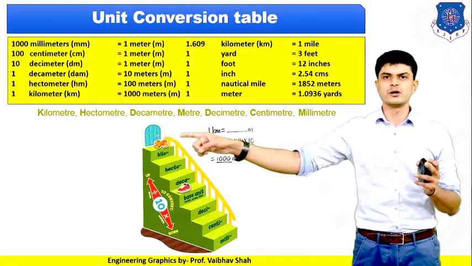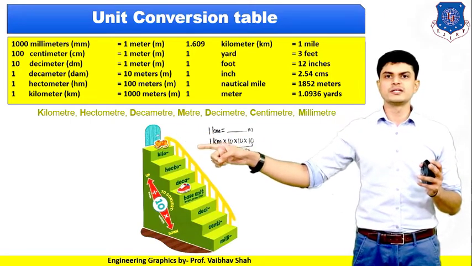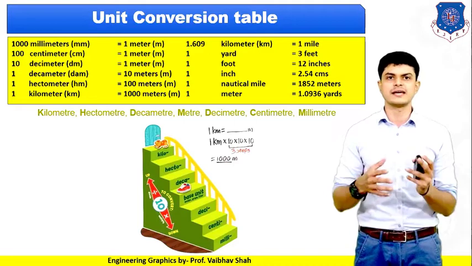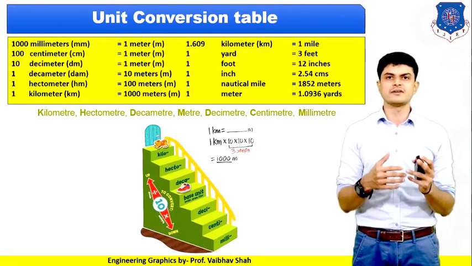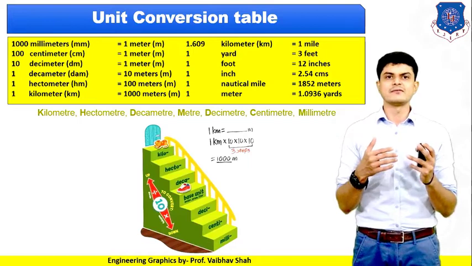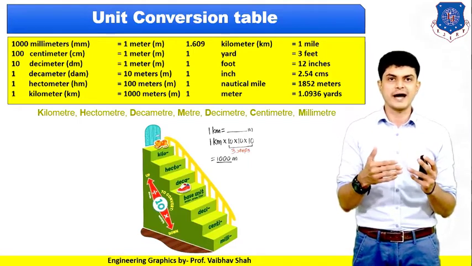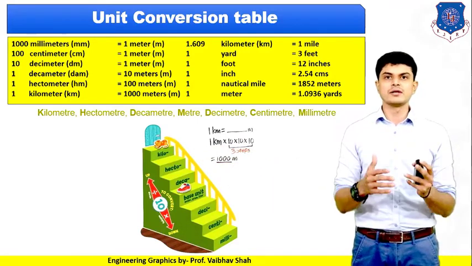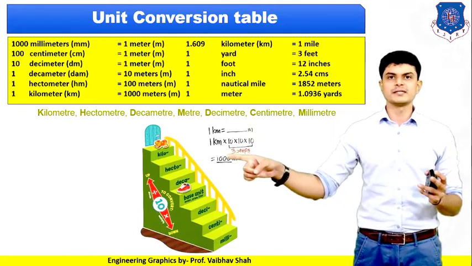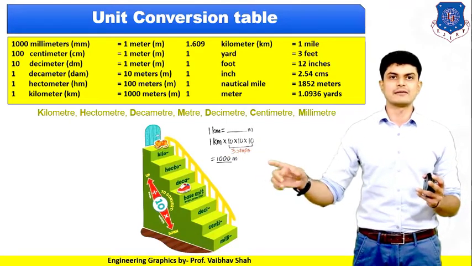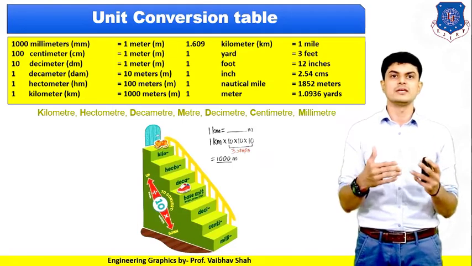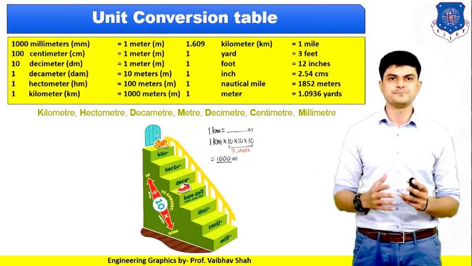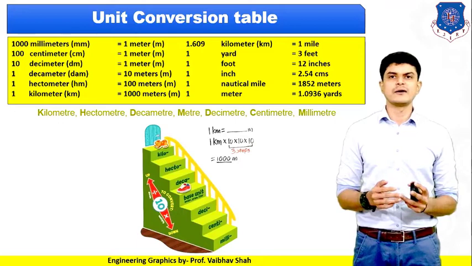So it needs to descend from the kilo unit till the meter unit. It needs to descend 3 steps, 1, 2 and 3, and on the third step it is coming to the meter unit. So for that we need to multiply by 10, and we need to multiply by 10 three times. Why? Because we are descending a total of 3 steps. That's why our unit conversion would be 1 kilometer is equal to 10, 10 and 10. So 3 times 10, because we have descended our cat 3 steps. So now our unit conversion would be 1 kilometer is equal to 1000 meters. So very easy, right? So now let us move ahead.